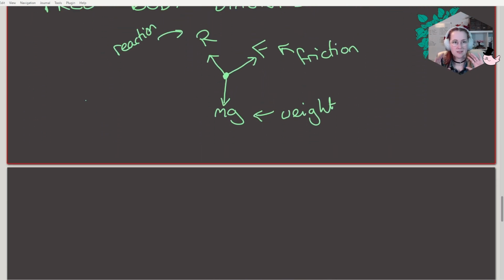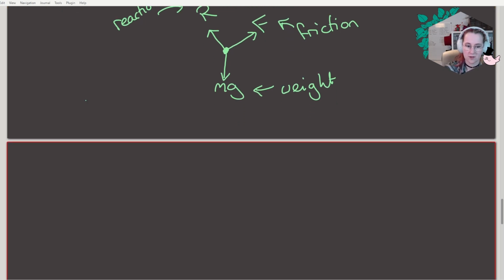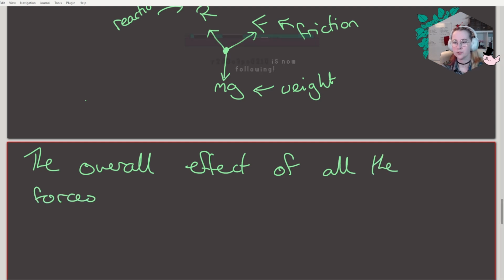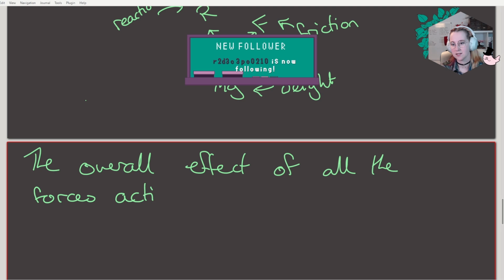So if I'm pushing something up a hill, there are loads of forces working against me, but the overall effect is that the thing is moving. So the force, if I was just going to draw it as one vector, is upwards. The overall effect of all the forces acting on a body